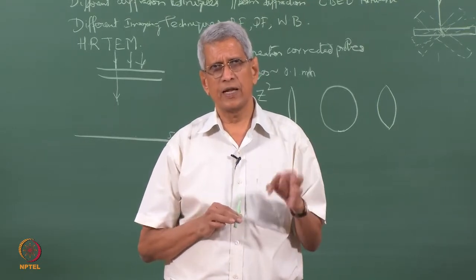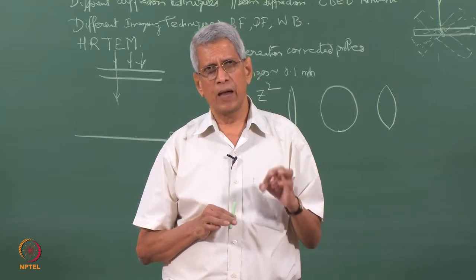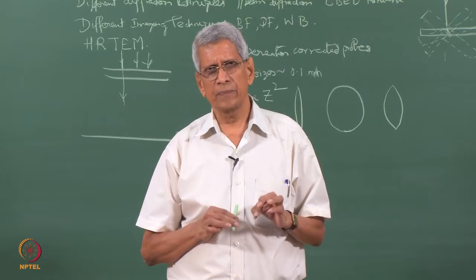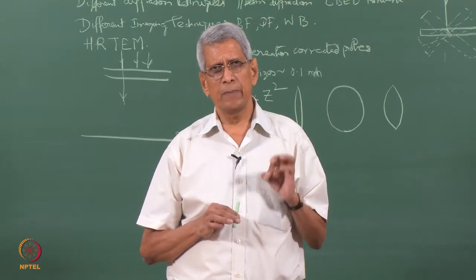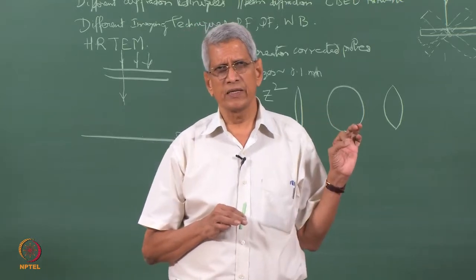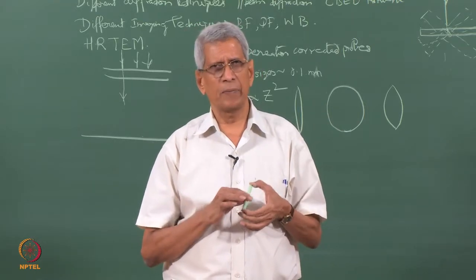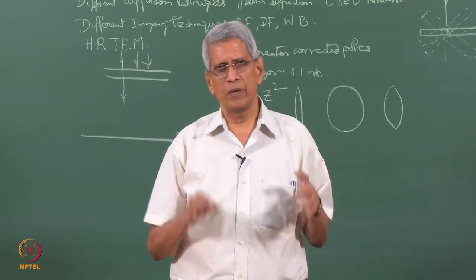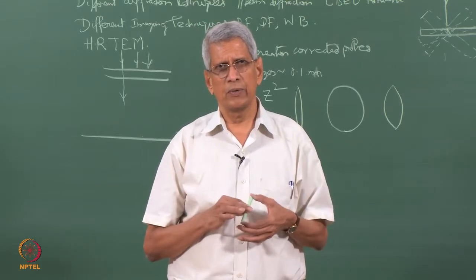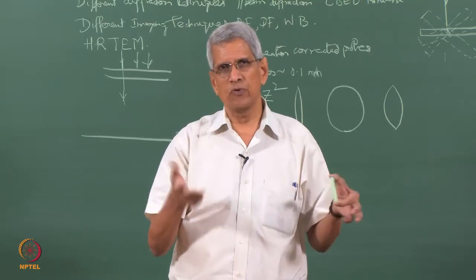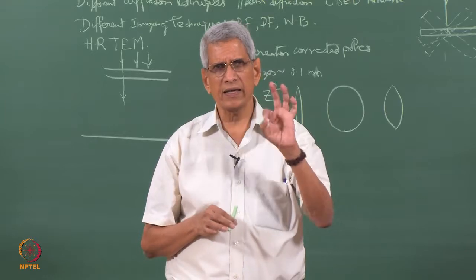Because the lenses are electromagnetic lenses, if the sample is conducting but non-magnetic, then the magnetic field does not affect any of the contrast from the sample. That magnetic field is essentially used to make the beam which is passing through the sample, which gets scattered in different directions, focus to a point, and this acts like a simple lens.